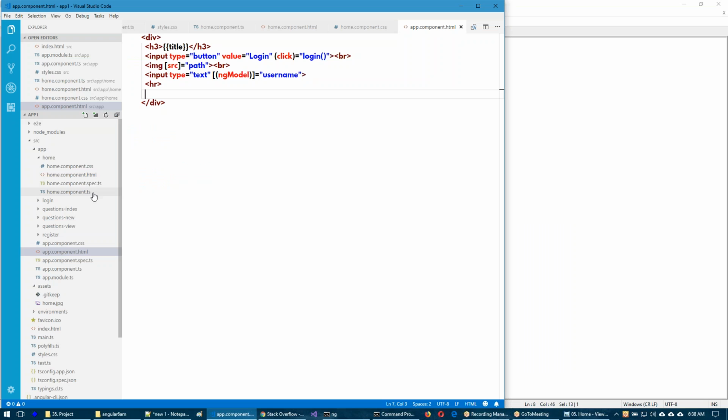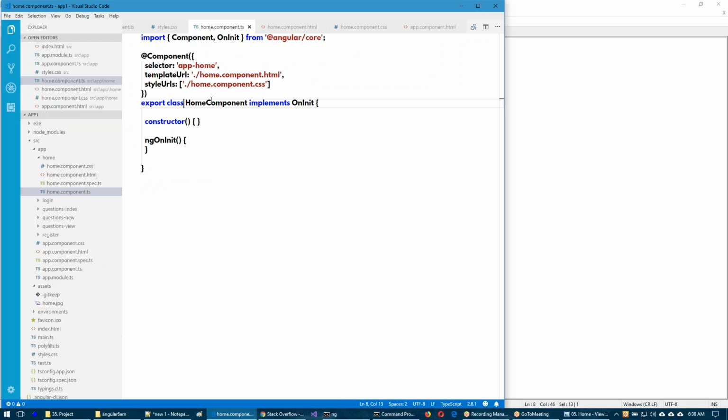So go to the home component and ask the home component, hey home component, what is your selector? Because only through the selector can we invoke the component. We can decide the place where exactly it should appear. Hey home component, what is your selector? It answers app-home. Of course, it's a default selector. We can change it. We can write ABC, anything in this place. We can change it, okay?